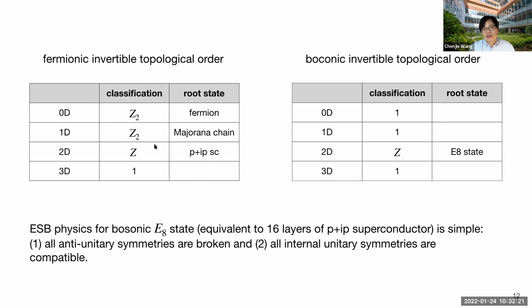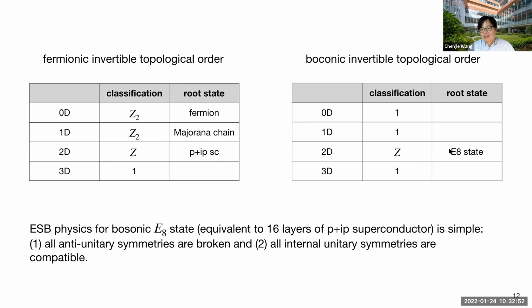This Majorana chain is also a topological order in this sense, because if you define it on an open chain, can we remove the Majorana zero mode at the end without violating some locality or these very basic principles? It's very stable, regardless of whether you consider symmetry or not. So for fermions, for 0D, it's actually the parity of the fermion itself. So this is all well known actually.